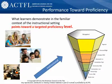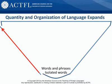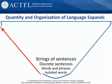And as we think about that and moving students up further and further along that proficiency continuum, one of the things that we can think about is, well, it's the quantity and the organization of language that keeps expanding. So at that novice level, I start with those isolated words. But rather than saying, just be comfortable using isolated words, I force you to try to get them together into some words and some phrases now as you're moving more into the novice mid area. And I want you to start using some sentences, even though they may be fairly memorized and some fairly predictable patterns. At least you're starting to put some things together, and then you're starting to string them together and tell more,